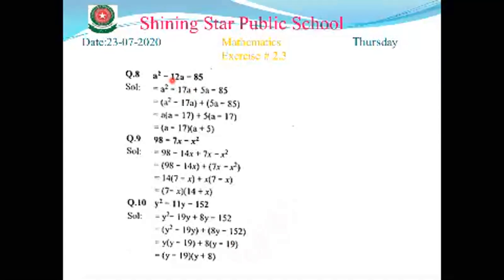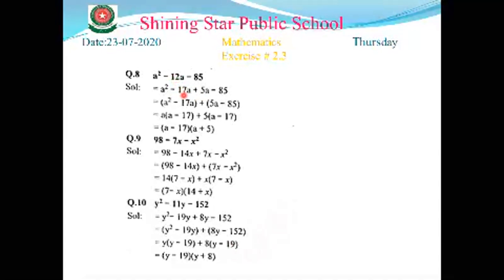Now, with middle term we have minus. So with greater value we must write minus sign. So that's why we write minus 17. With 5, if we write minus, it becomes minus 22. So other sign is plus. So with 5a we write plus, because when we minus 17 plus 5a, it becomes minus 12.